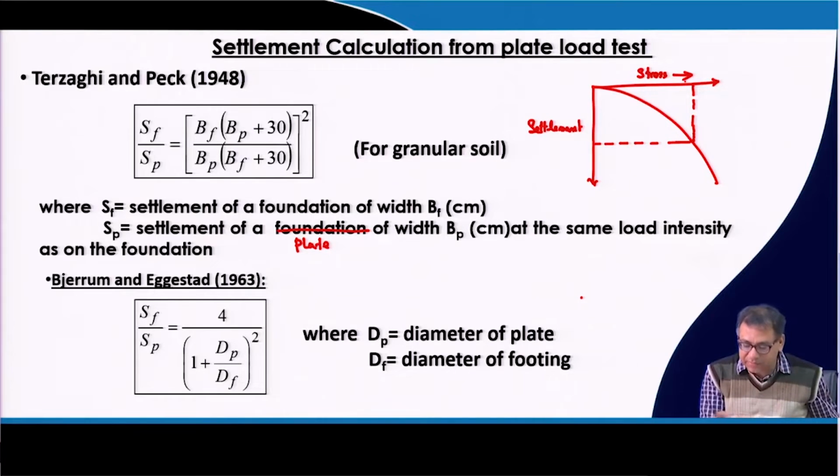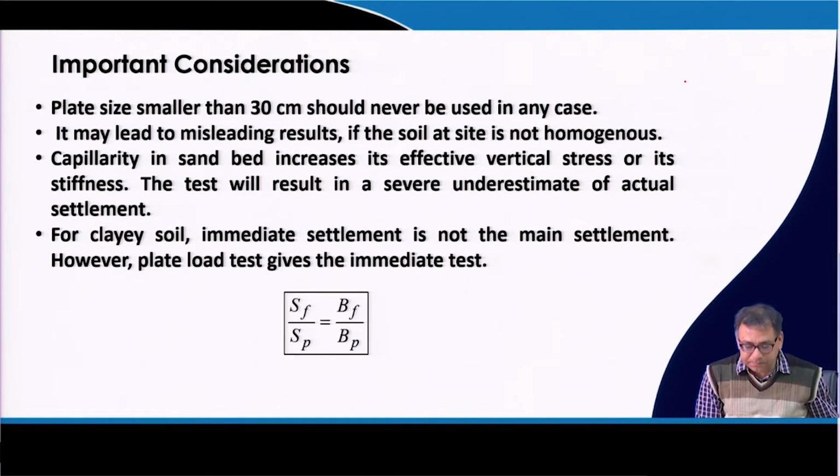These are applicable for granular type of soil. Now, for clay type of soil, this is the equation: SF by SP is equal to BF by BP. These things I have already mentioned, that do not use a plate size less than 30 centimeter. And these are some notes that you should remember: it may lead to misleading results if the soil at the site is not homogeneous,